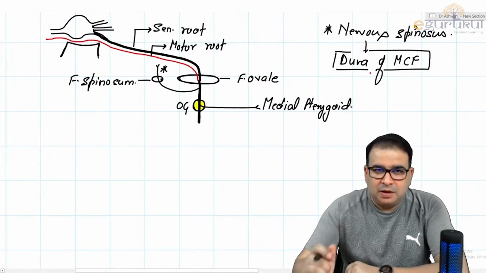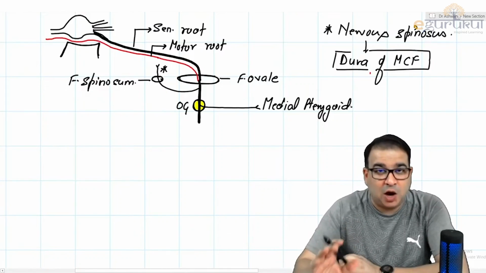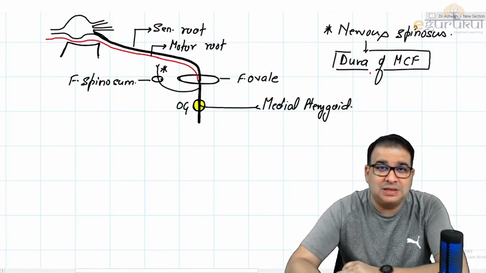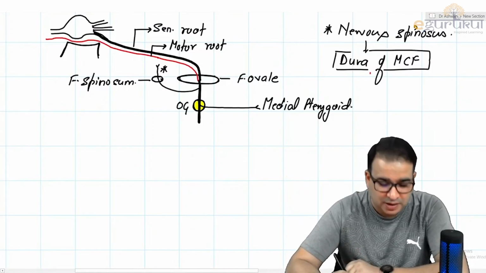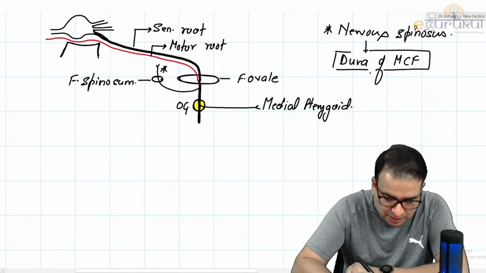3 बातें होगी. Nervus spinosus, otic ganglion connection, and the one muscle of mastication. Out of the 4 muscles, one is supplied by the trunk. That is the nerve to what muscle? Medial pterygoid. Fourth and the last important thing about the trunk, the nerve which supplies medial pterygoid,